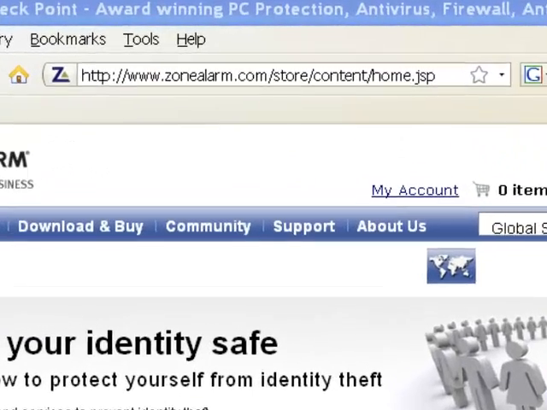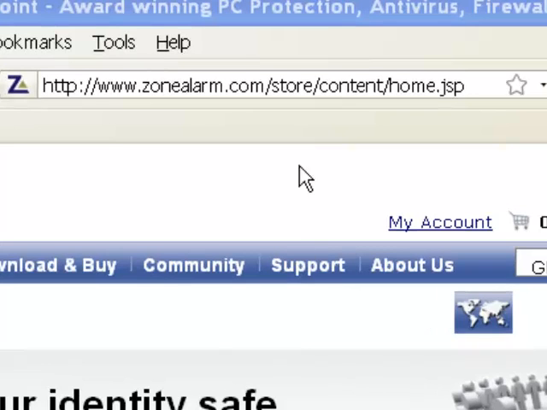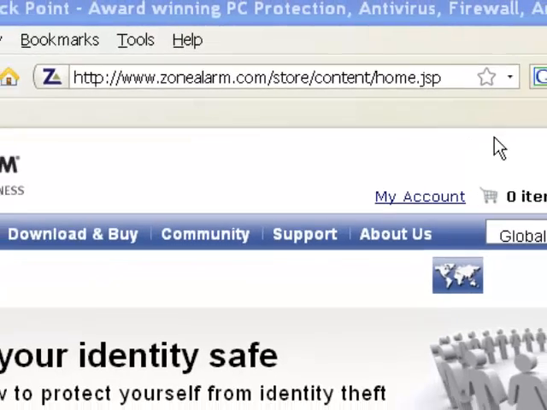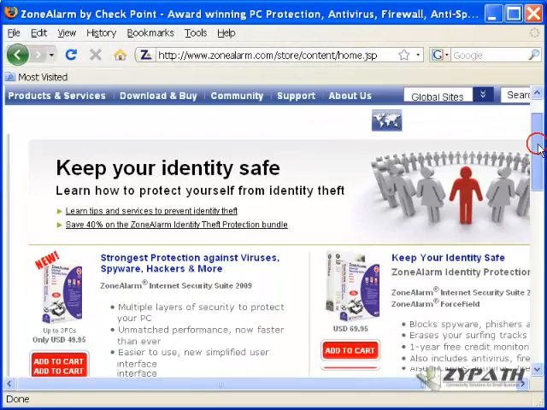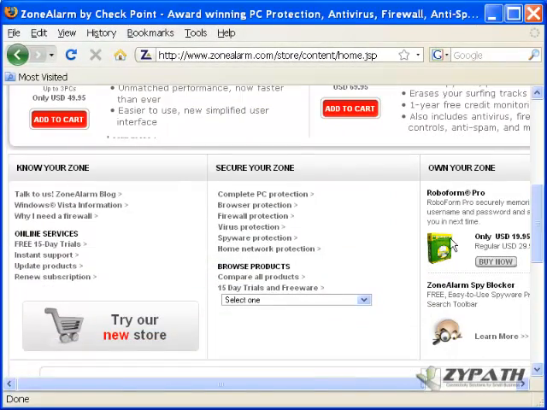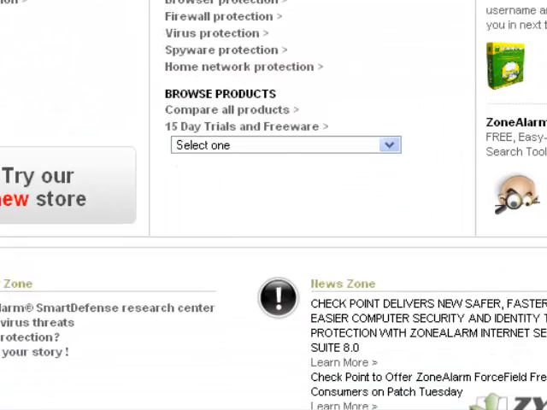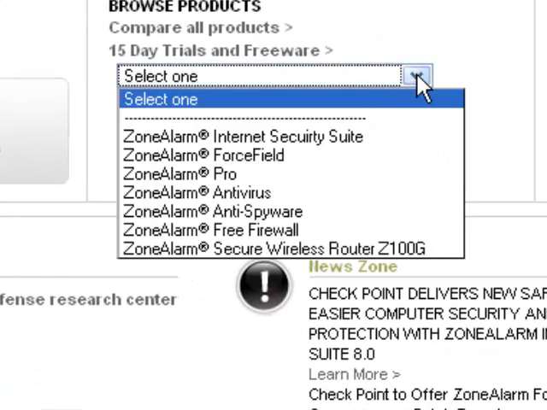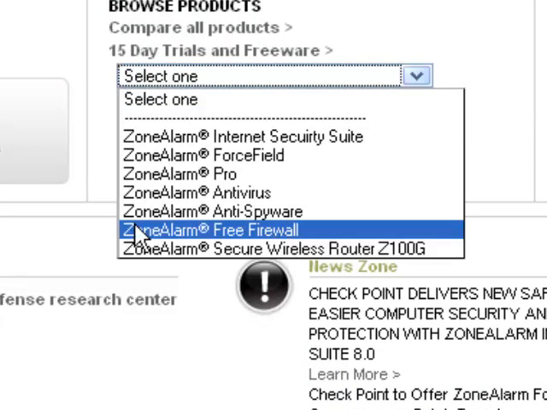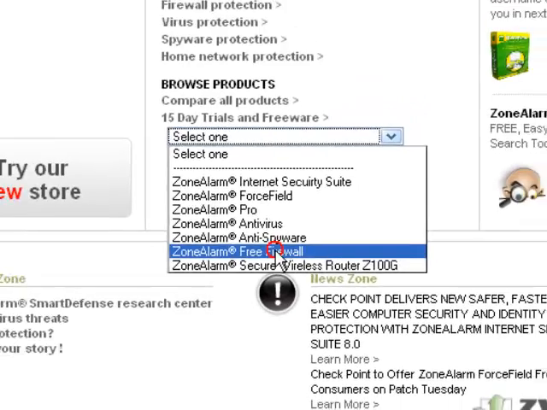First, we need to open a browser and go to www.zonealarm.com. It'll automatically default to the store content, so just don't worry about that. Just go right to, like I said, www.zonealarm.com. Then go down to the middle of the page, and you'll see a little drop-down box where you can select that and go ahead and select the ZoneAlarm free firewall. Click on that,